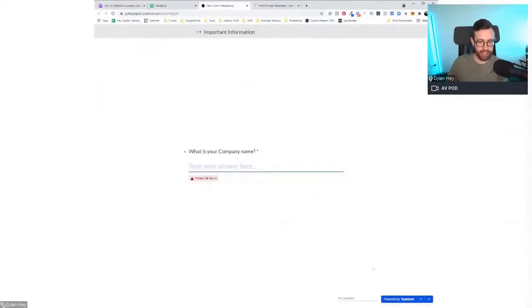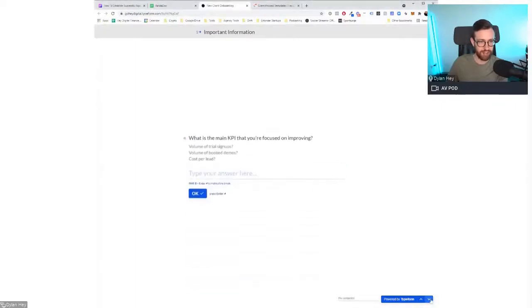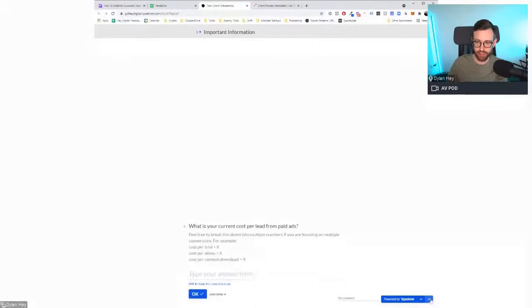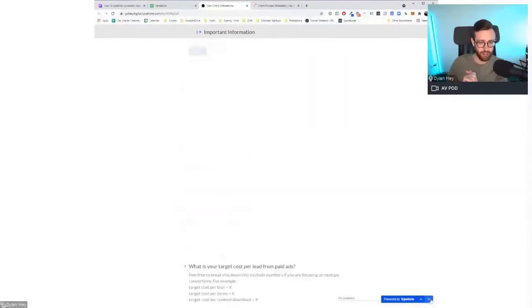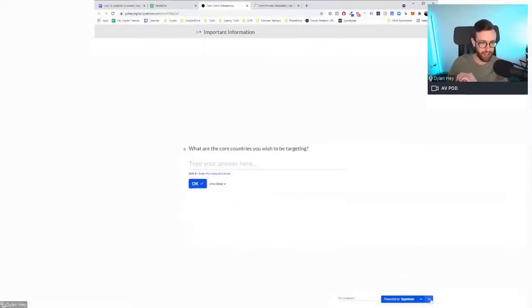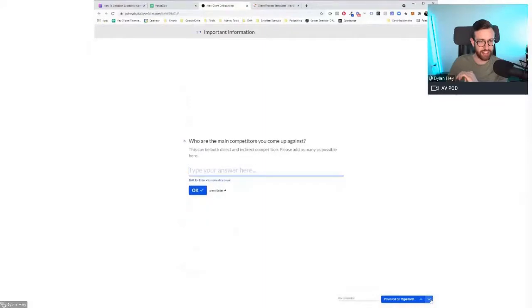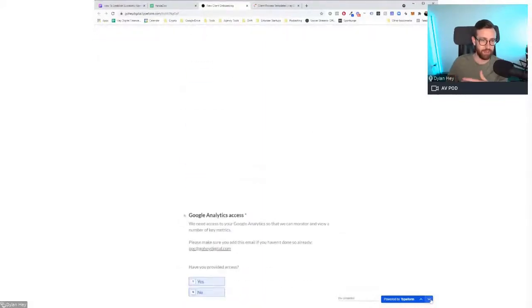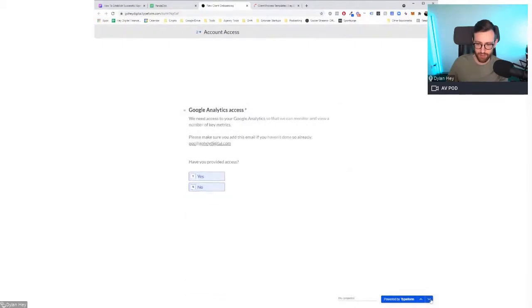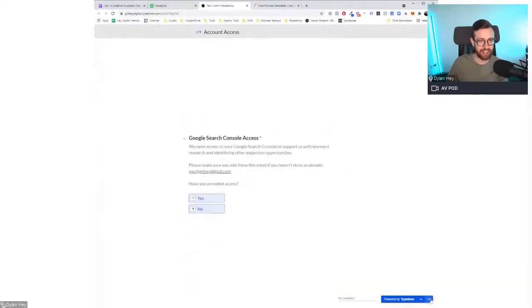So like company name information. Let's see if I can skip through these. Company name, their average deal size, their lifetime value, the KPIs they want to work on, their current cost per lead from paid ads, target cost, countries they want to target, competitors, their tool stack, showing how they provide us access to all the accounts that we need access to,